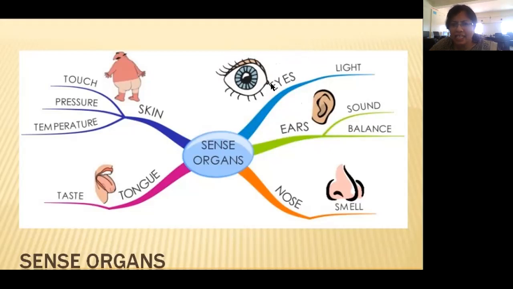Let's quickly see what are the different functions they do. Skin is sensitive to touch, pressure, temperature. It also makes you feel. You feel pain through skin. Imagine you get hurt. That hurt, that pain, how do you feel it? Does the eye feel that? Can you feel it with the tongue? Can you smell a pain? Can you hear a pain? No, but you can just feel the pain. Yes or no? Correct? So the sense of touch, feel, is through your skin.